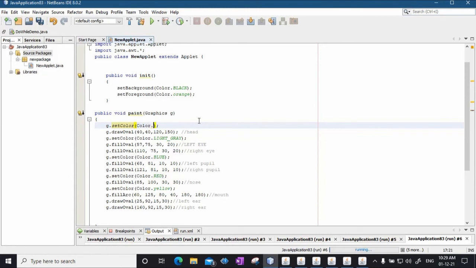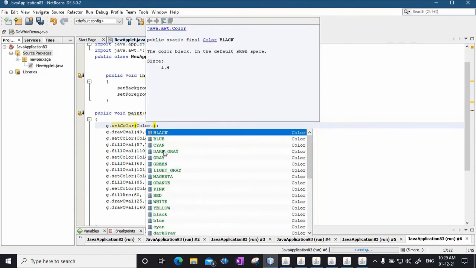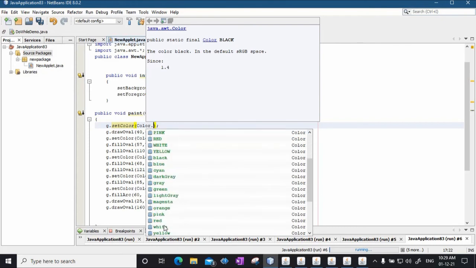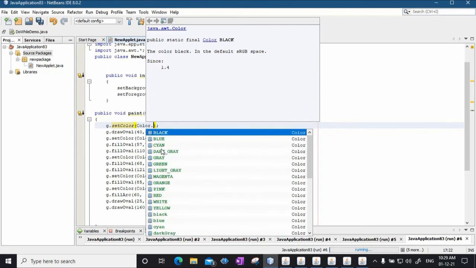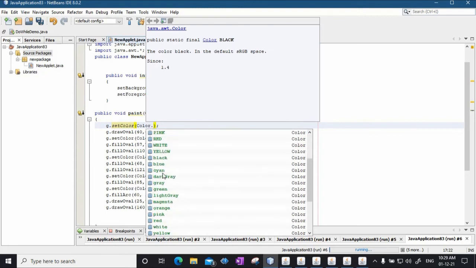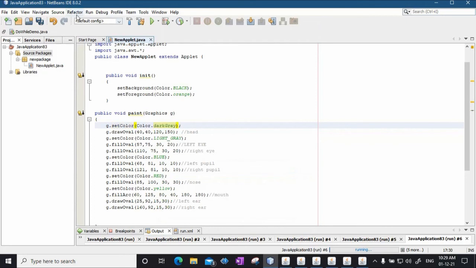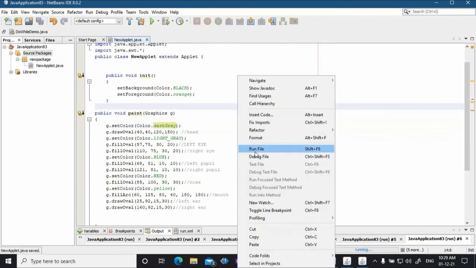Color dot yellow, white, red, pink, orange, light gray, green. You can actually choose any of these colors. So let's say dark gray color. Okay.